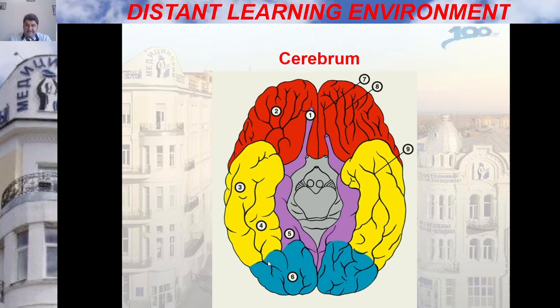The occipitotemporal sulcus, you may see this sulcus here, passing from the occipital pole, you may see the occipital lobe in blue color, to the temporal lobe. And also you may see the collateral sulcus